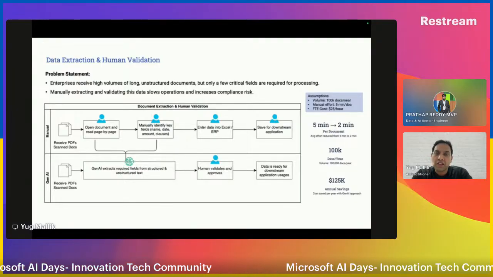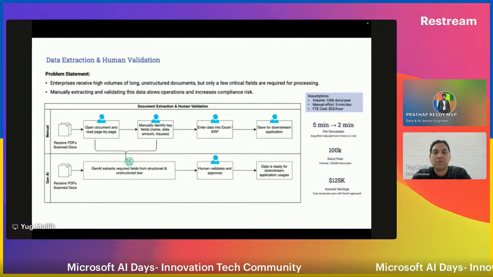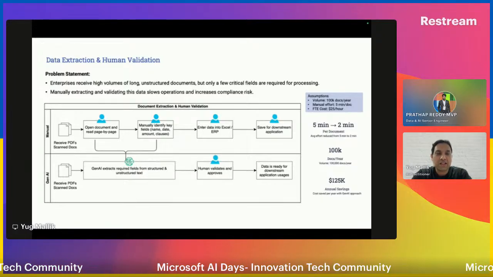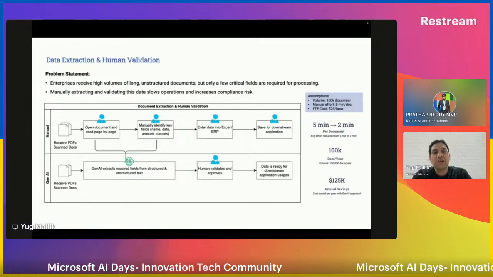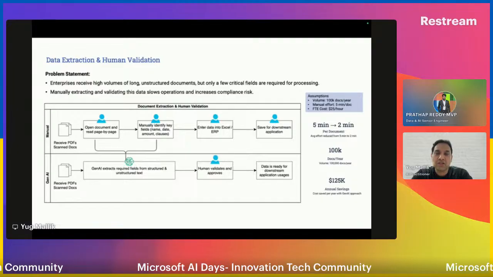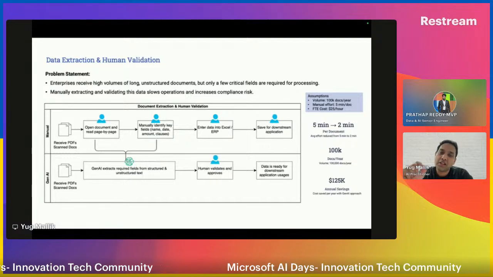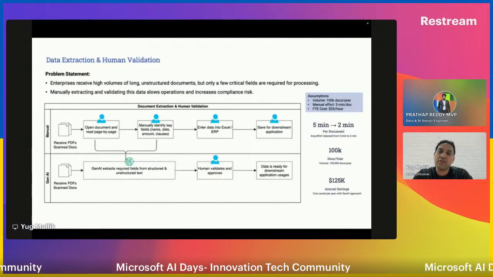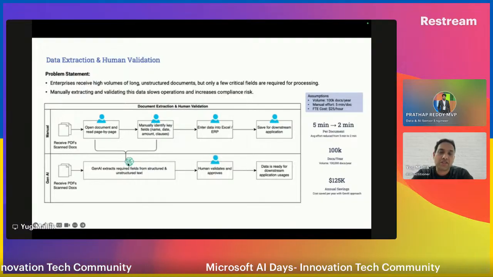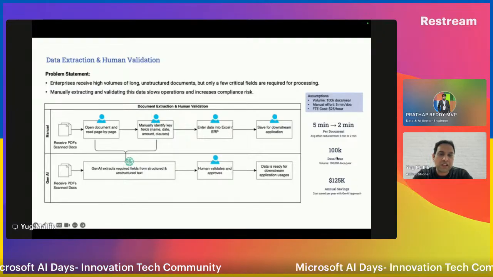So if it is not right, there will be an option to make it right, and that's where the human in the loop very much comes in handy to correct that information. And the corrected information will be taken as a feedback loop for the model training. So human in the loop is a very important step for any process implementation, for the feedback which will be used for fine tuning this generative AI model, which is primarily extracting the information. Now let's see the statistics before I get into the demo.